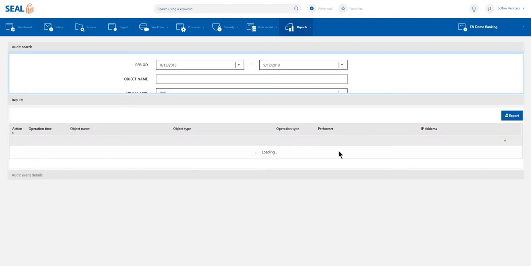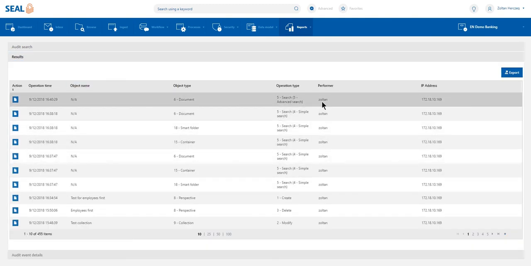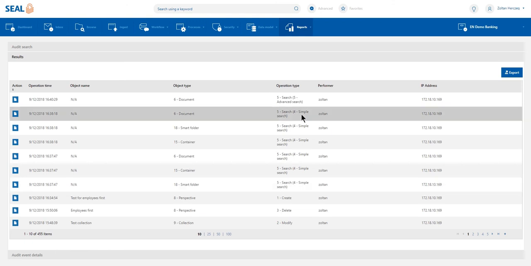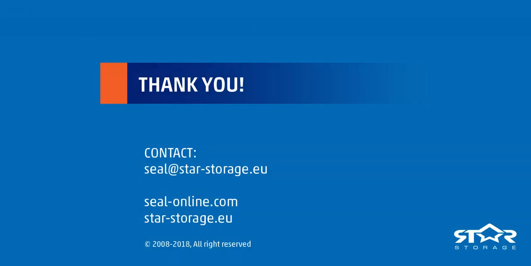The entire process is auditable, so we will find everything in the audit report, and all the operations I've just done can be easily viewed. On click, we can see the details for each activity. This was a short introduction into Seal,